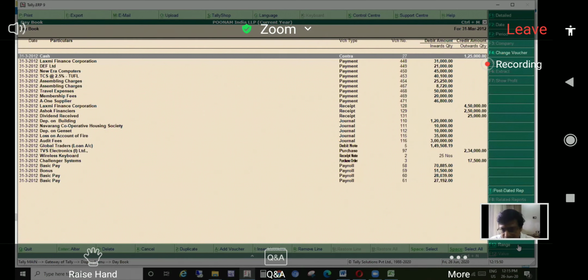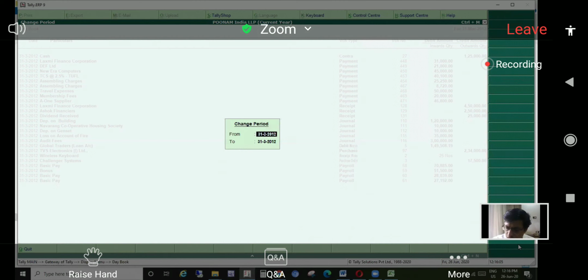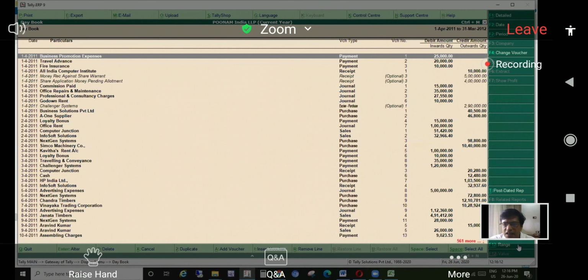Within a second, you find all the vouchers for this particular day. So the idea is that you can use this filtration tool very effectively while you are searching for any ledgers. You can create Alt F for one day you have searched. In the same way, 14231.3 you can search in the entire transaction.